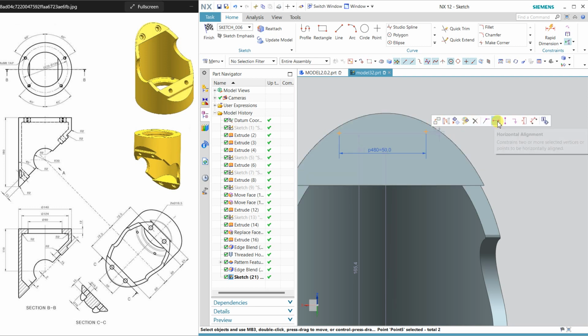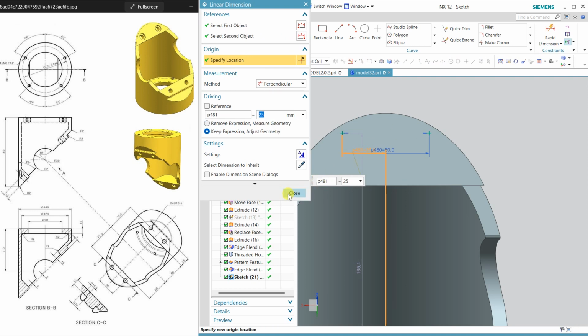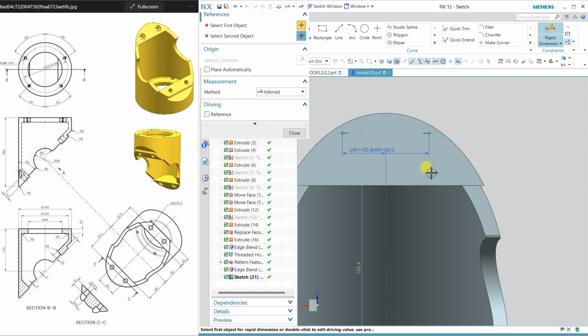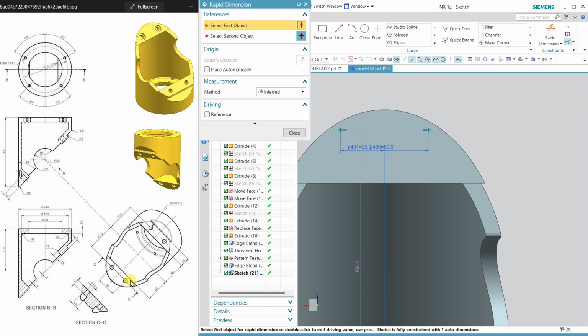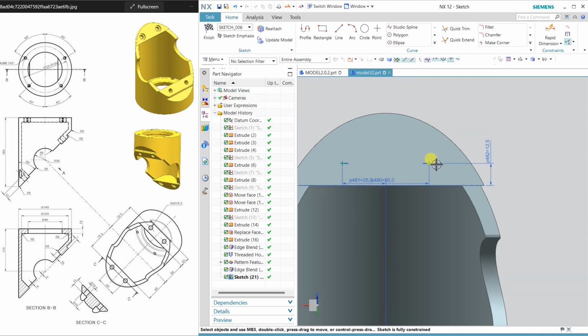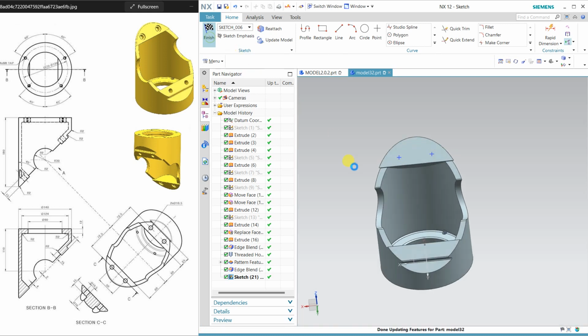Select both the points and make them horizontally aligned, and this distance is 25, half of 50 is 25, and here it is 60 minus 72.5 is 12.5, so this gap is 12.5, and close.